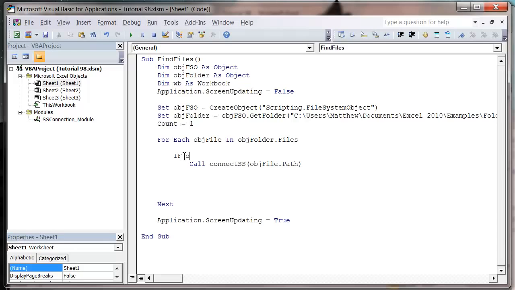So if Right(objectFile.path, 5) equals .xlsx,